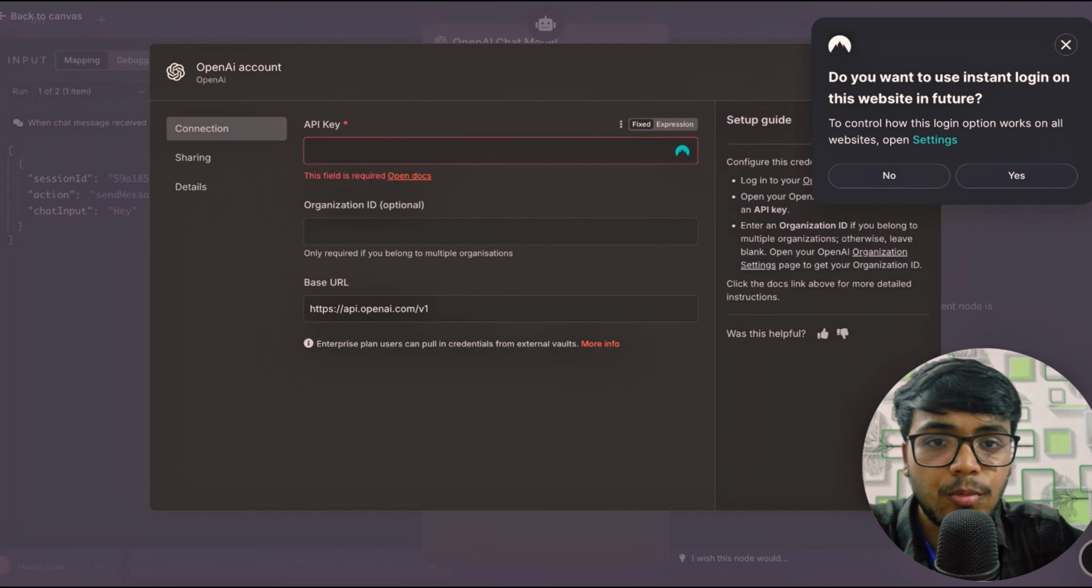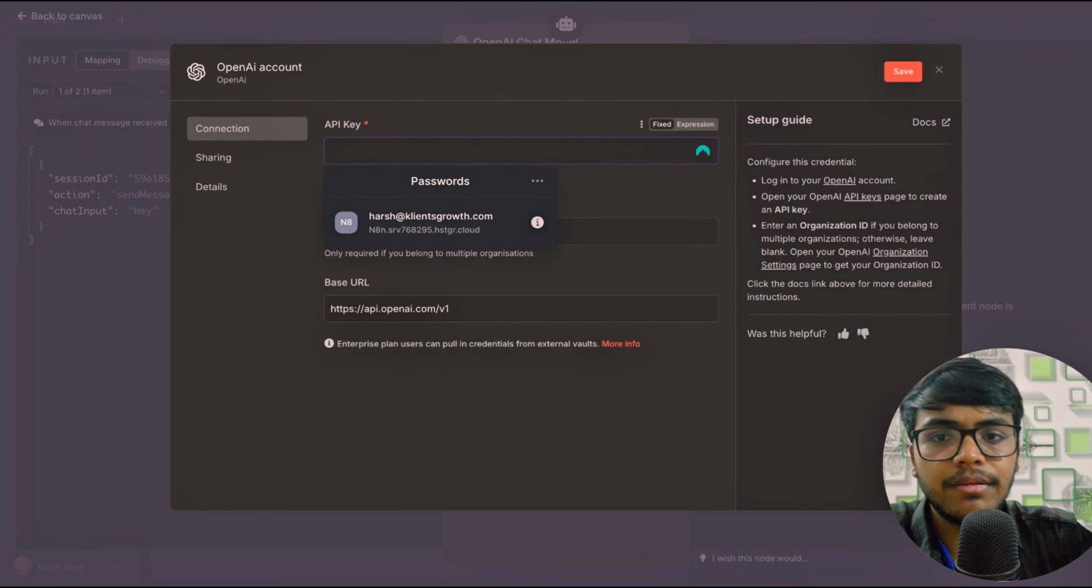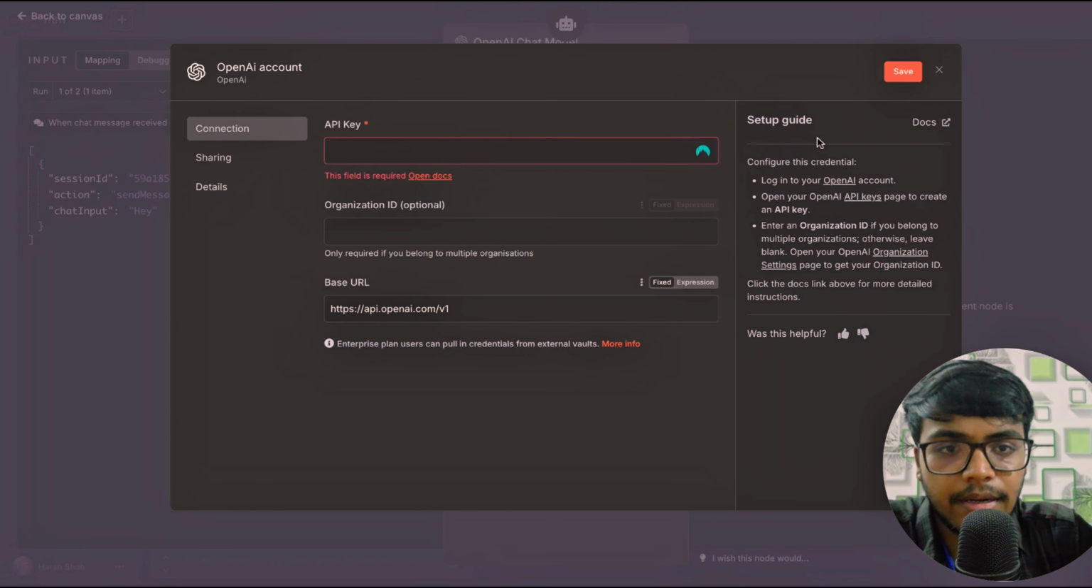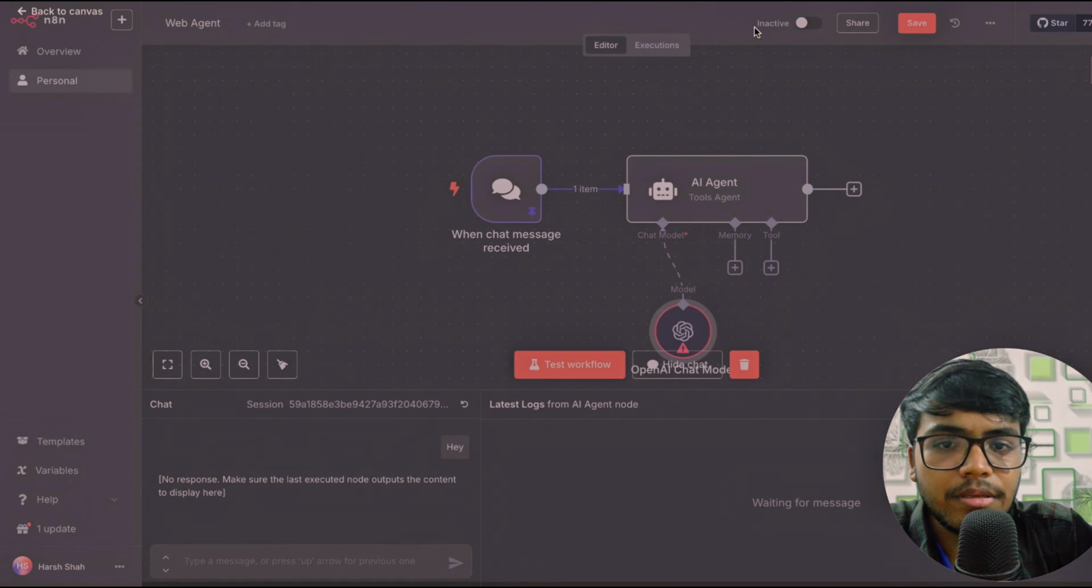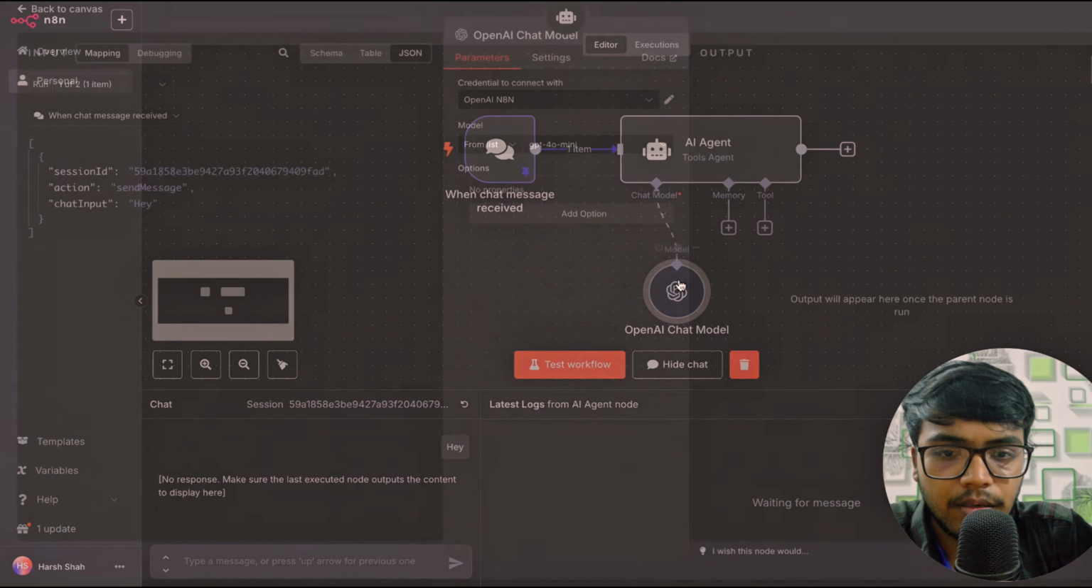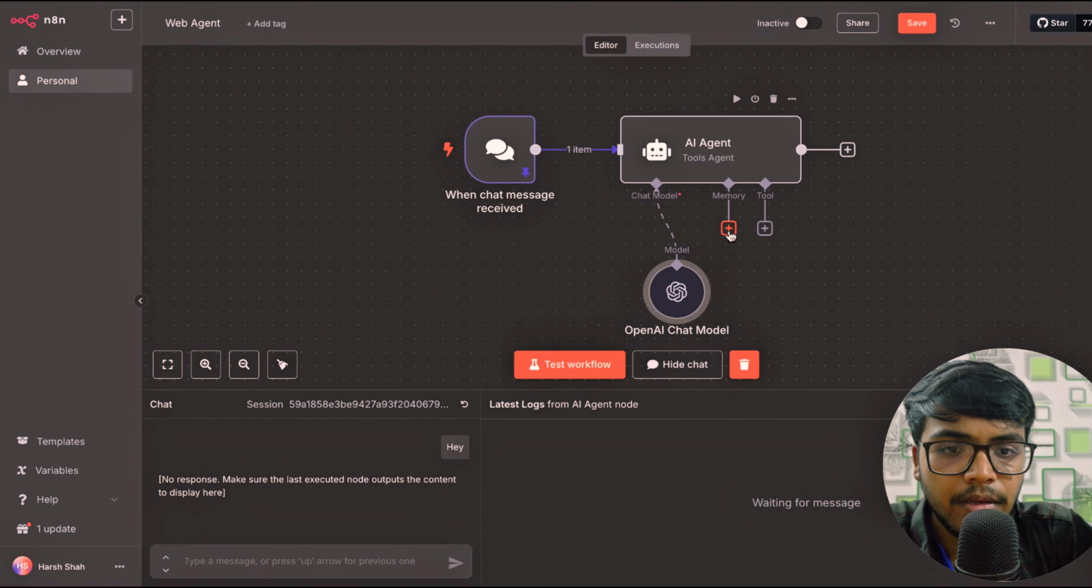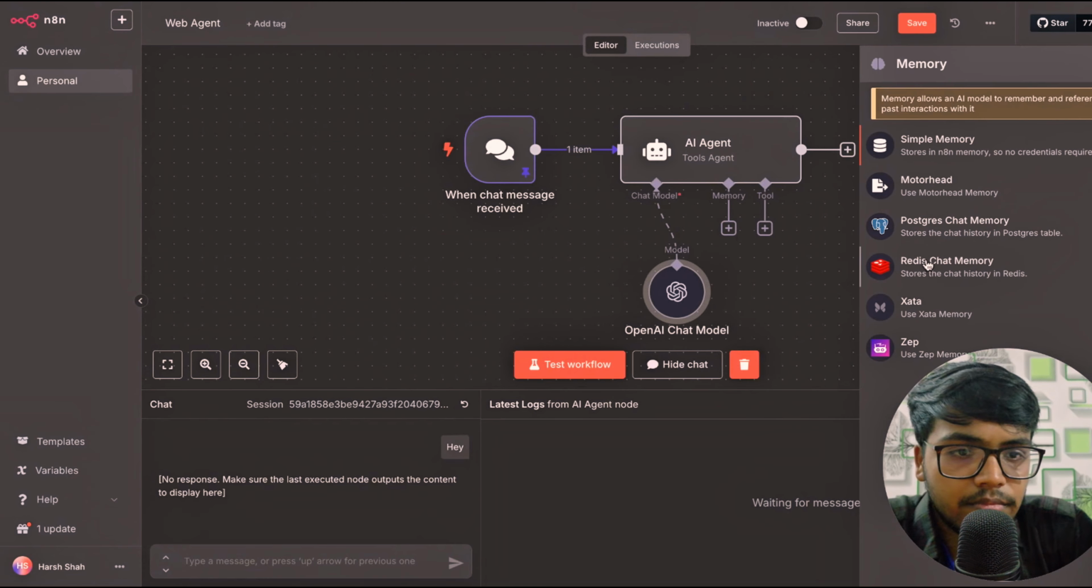So for that, just go to platform.openai.com, go to settings, and then over there you can find your API key. Paste that key over here, and that's it. Just save it, give it a name, and we are good to go. Now, for the memory, you can